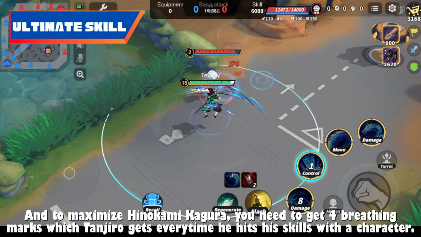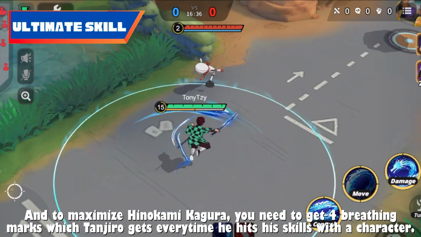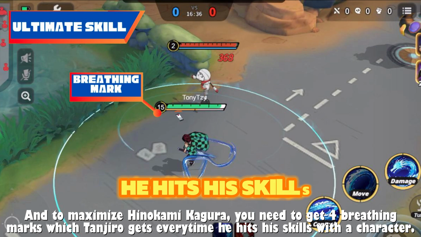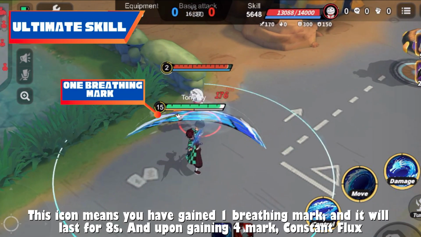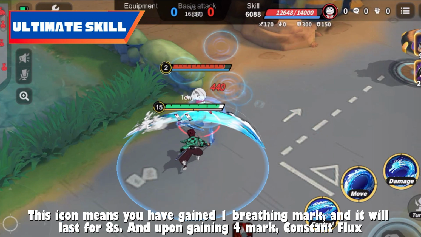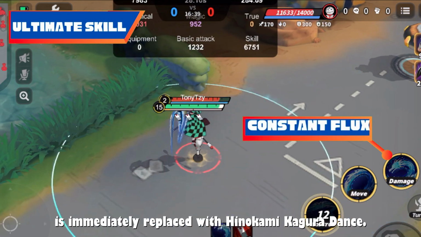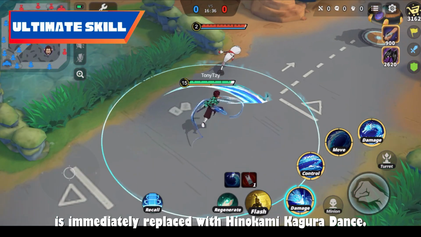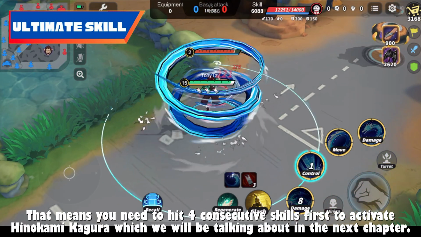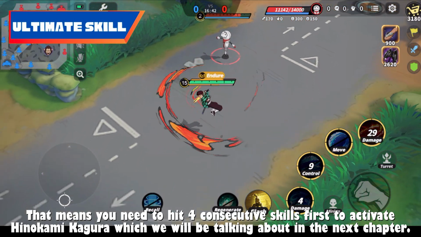And to maximize Hinokami Kagura, you need to get 4 breathing marks, which Tanjiro gets every time he hits his skills with a character. This icon means you have gained 1 breathing mark, and it will last for 8 seconds. And upon gaining 4 marks, Constant Flux is immediately replaced with Hinokami Kagura Dance. That means you need to hit 4 consecutive skills first to activate Hinokami Kagura, which we will be talking about